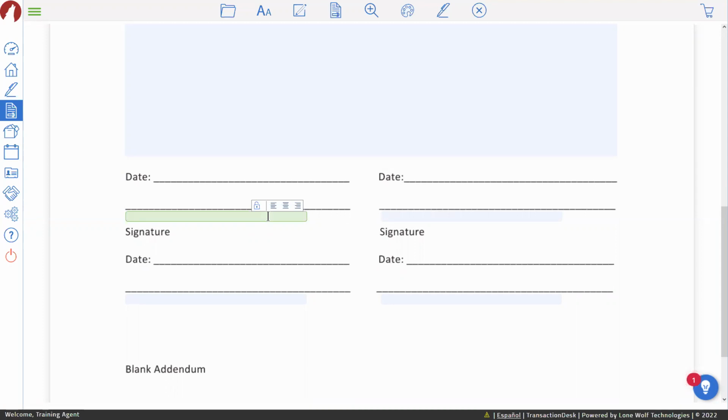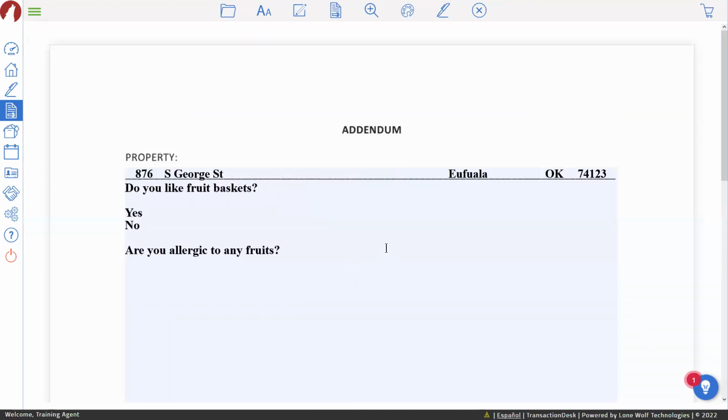Now I can manually add in the names of the people that I'm going to have signing this. But in my case, I'm actually going to leave those blank, and we're going to circle back around to actually get that done later. Now, once I'm ready to actually get all of these sent off to be signed,